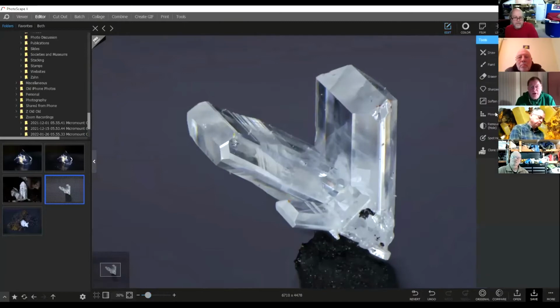So I hate those. Well, I tend to use the healing brush because